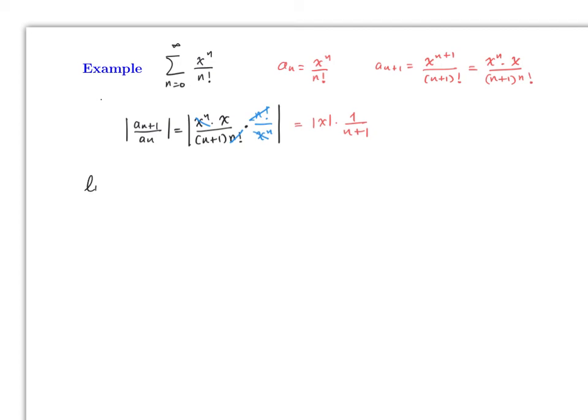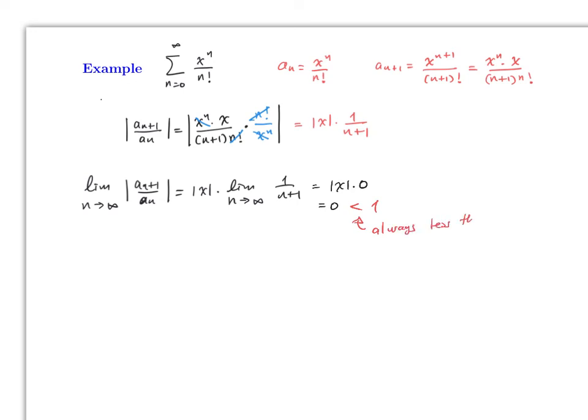So therefore, the limit as n goes to infinity of the ratio is going to be the absolute value of x, because that doesn't depend on n, times the limit as n goes to infinity of 1 over n plus 1. Now, obviously, this limit, since you're dividing by infinity, is equal to 0. So this will be the absolute value of x times 0, which is equal to 0. This is always less than 1,